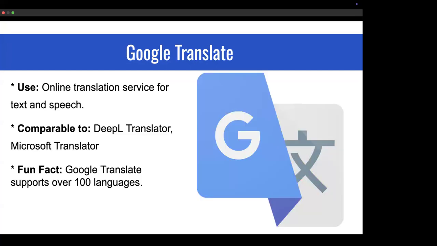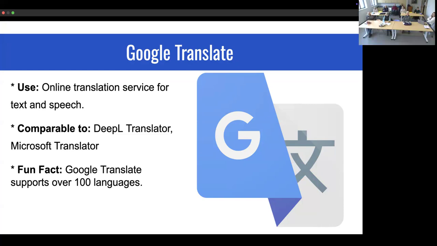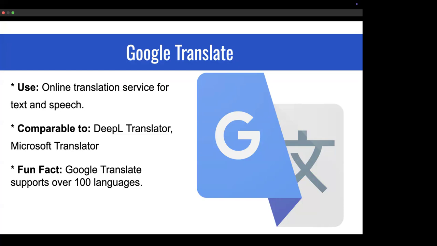We have one of my absolute favorites, Google Translate. Google Translate does a whole bunch of stuff really well. It's an online and offline translation service for text and speech. If you have, I forget how many languages they have exactly, but there are a number of languages that you can select and you can also download, which means that if you do not have cell service or if you're in a different country, you do not need to use your data in order to translate to and